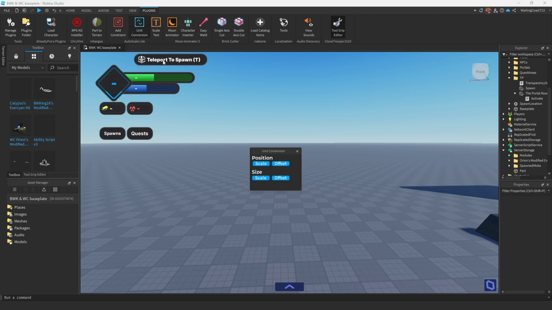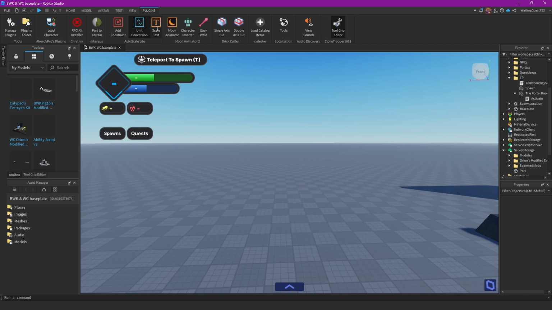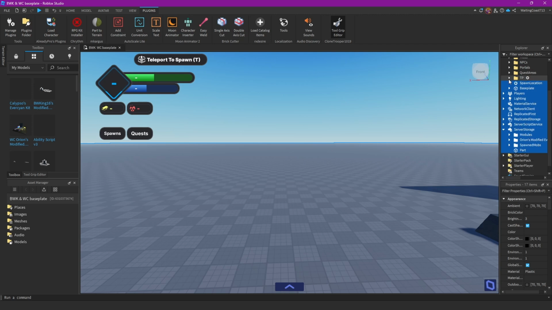Unit conversion is the thing where you can convert the offset to scale. Then there's something called scale text, which, I don't know what that does. You select a GUI object with text property and click this button to scale the text. So what that theoretically does is that if I wanted to select, let's say,